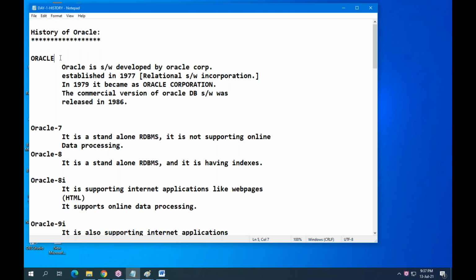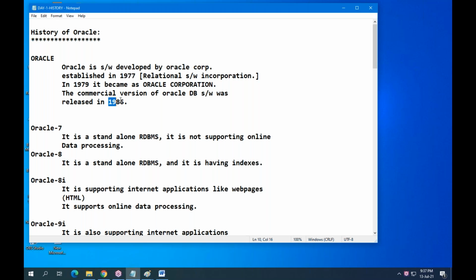Oracle company started in 1977. At that time, the company name was Relational Software Incorporation. In 1977, after 2 years, in 1979, it was named Oracle Corporation.